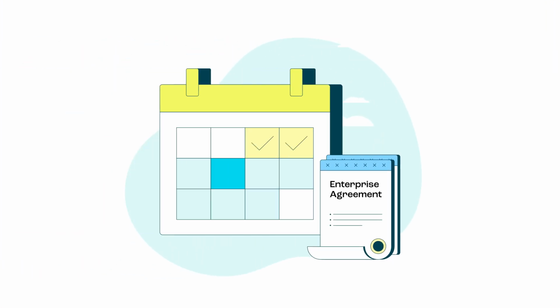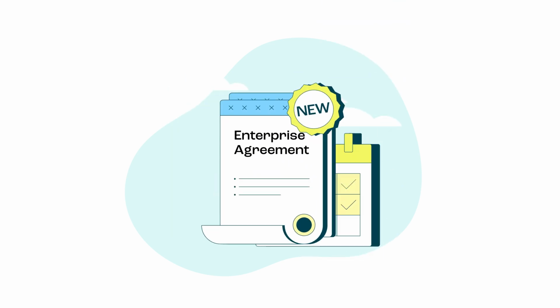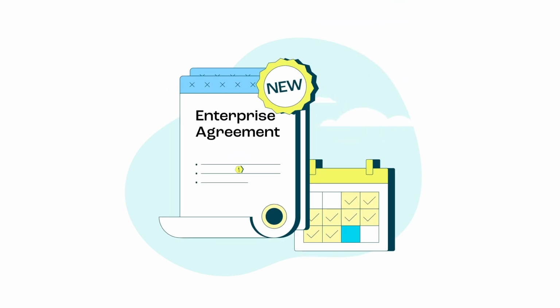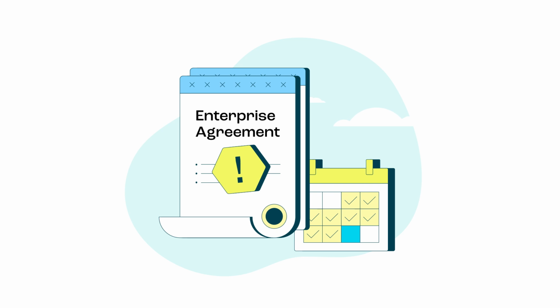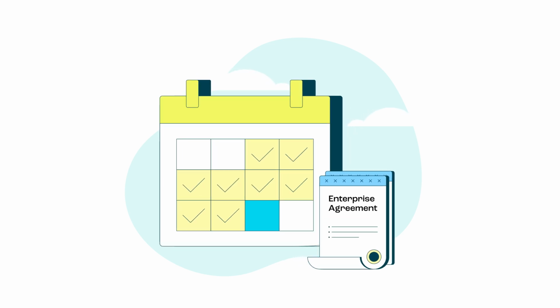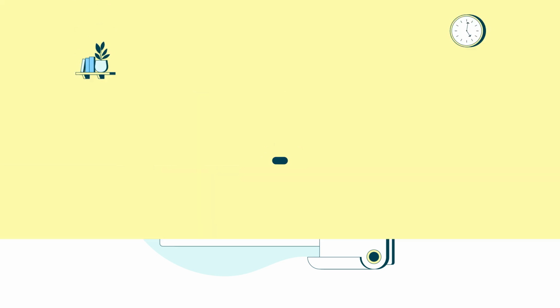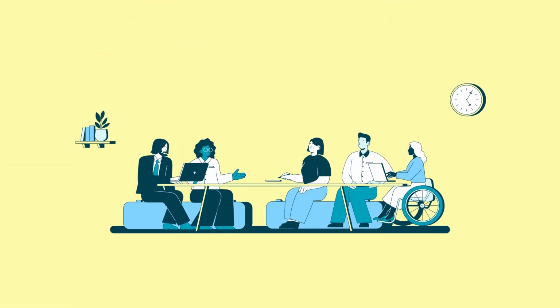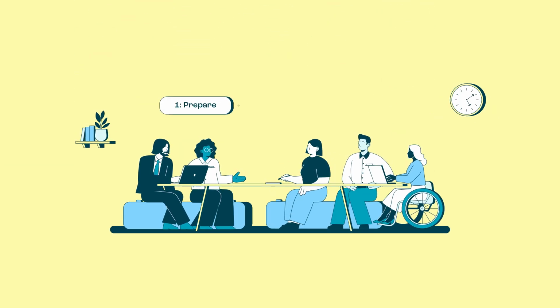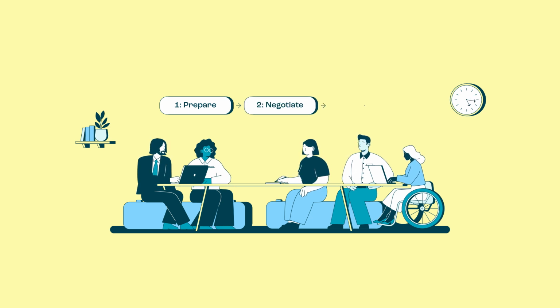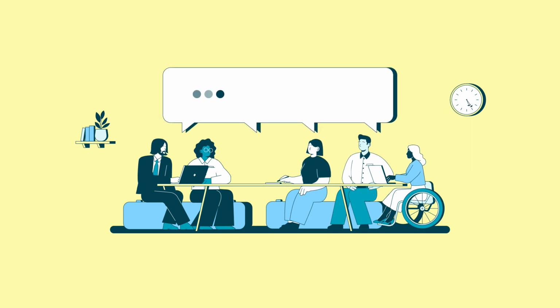Enterprise agreements have a nominal expiry date, but they continue to apply until they're replaced by a new enterprise agreement or terminated by the Fair Work Commission. When an enterprise agreement is near or reaches its nominal expiry date, employers, employees, and their representatives can restart the bargaining process. Though the bargaining process often takes time, effort, and commitment, it can allow employers, employees, and their representatives